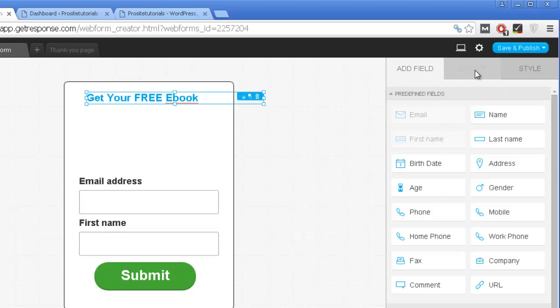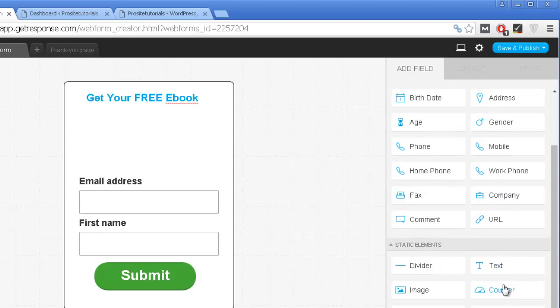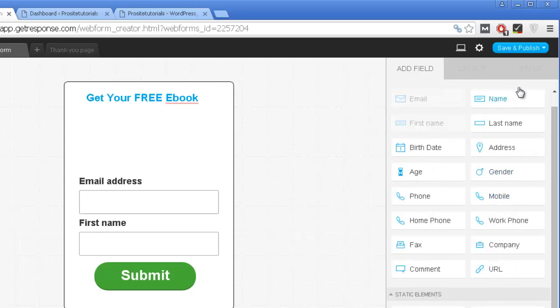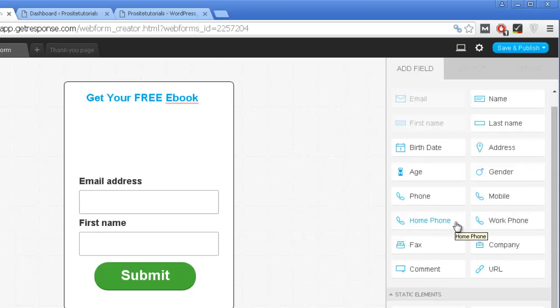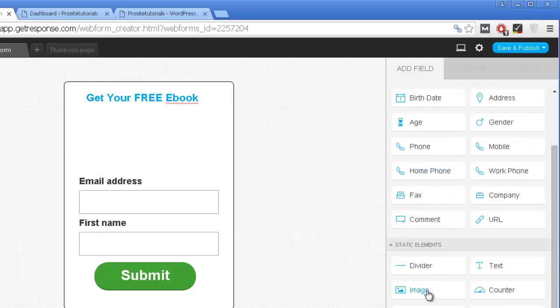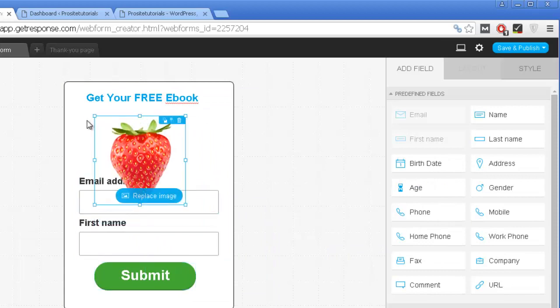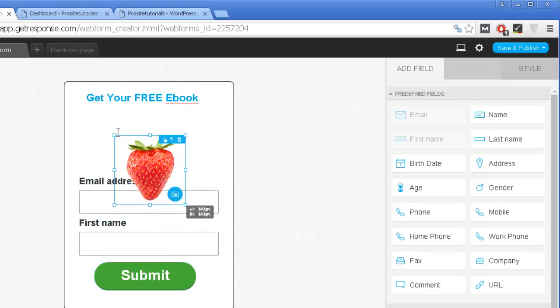over here, you would want to put, for example, an image of the bonus that you are offering to people. So you would go over here to the side and you would search for the image field, which is over here. Decrease it just a bit,